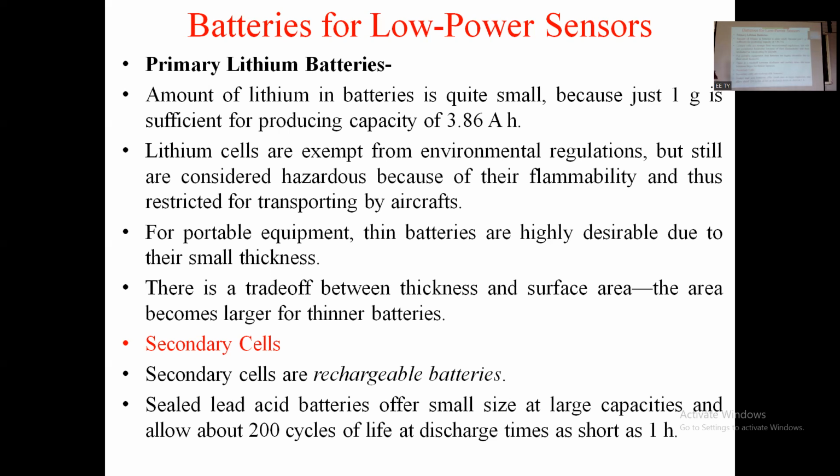Then, the lead acid battery has a small size and large capacity, and it allows about 200 cycles of life with discharge time as short as 1 hour. So the lead acid type of battery is small in size and has a large capacity. Here, the cycle is the duty cycle, covering charging time and discharging time. T on plus T off is the total time period T, and the duty cycle is defined as